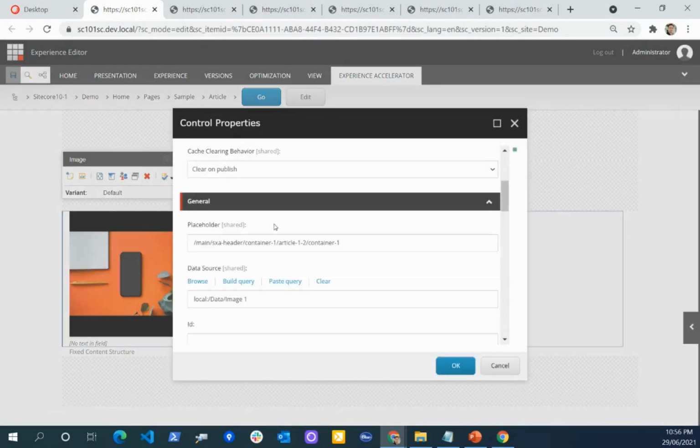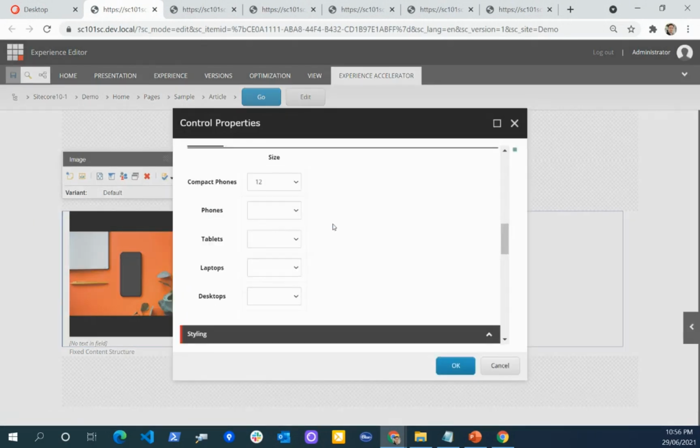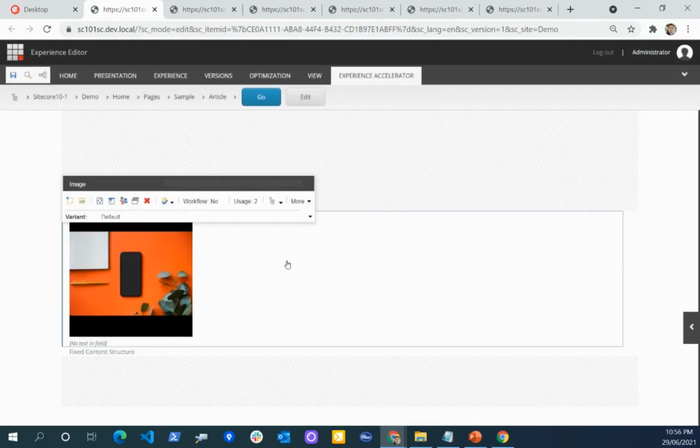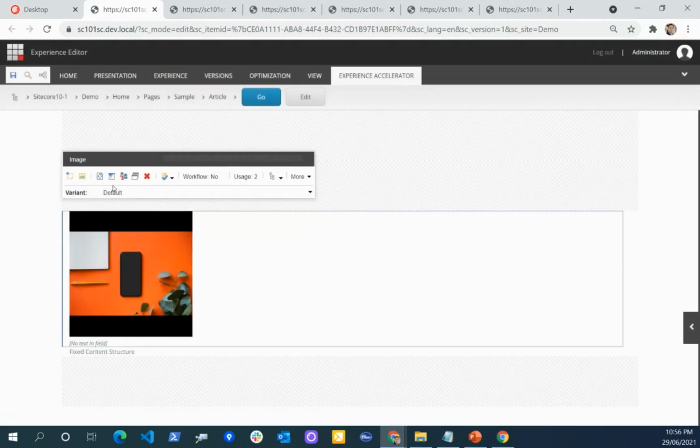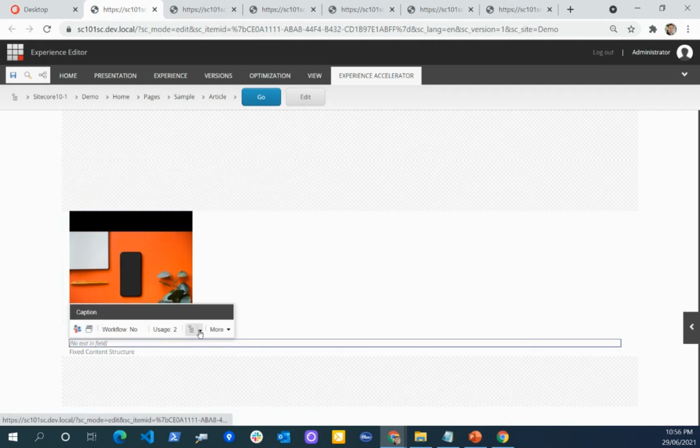From here I can define that in desktop mode, I just wanted to give a 4 column size for this one, and then I can place multiple components here. That way we can easily define the structure.